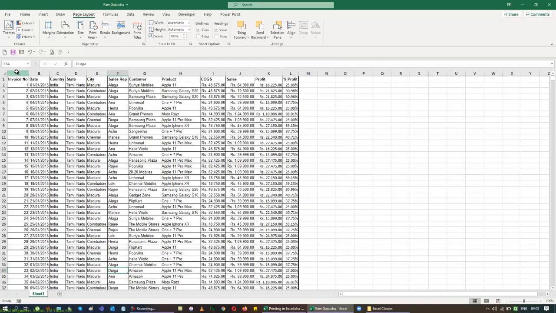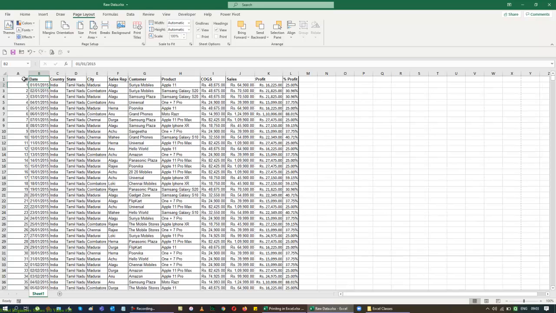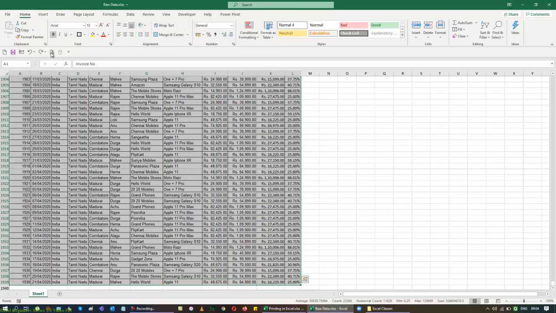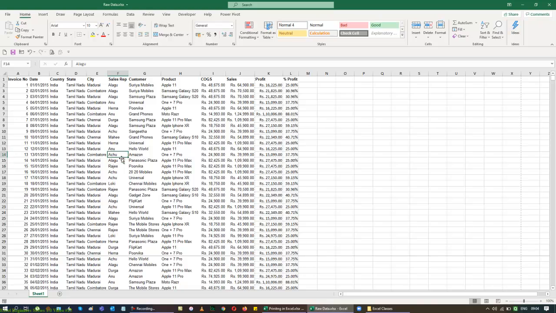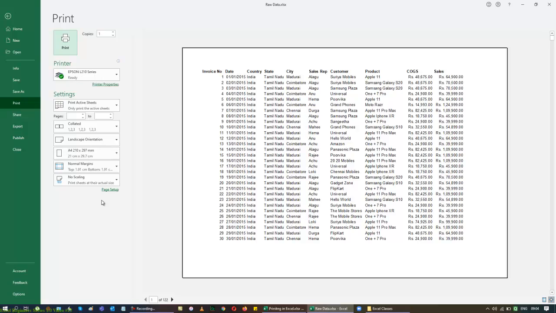Now if there are no lines, or I didn't add any grid lines for myself, for example, I didn't add any of them. I've just removed all the borders here. So now you can see the data doesn't have any border. But when you take a printout, it will look really odd, because you cannot figure out which line starts and which line ends where.